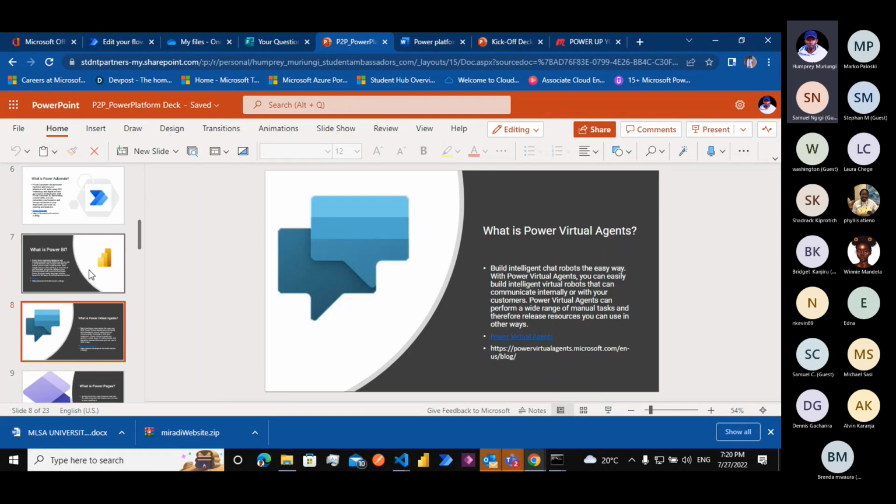For the chatbot, you leverage Power Virtual Agents, whereby you create interactive chatbots using no code at all. The chatbot will be able to guide your customers through certain processes around your website or in your business, to get feedback from your customers or to help them maneuver around